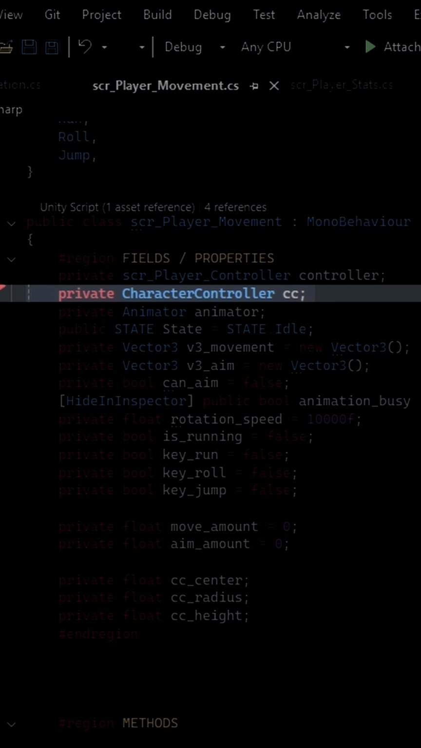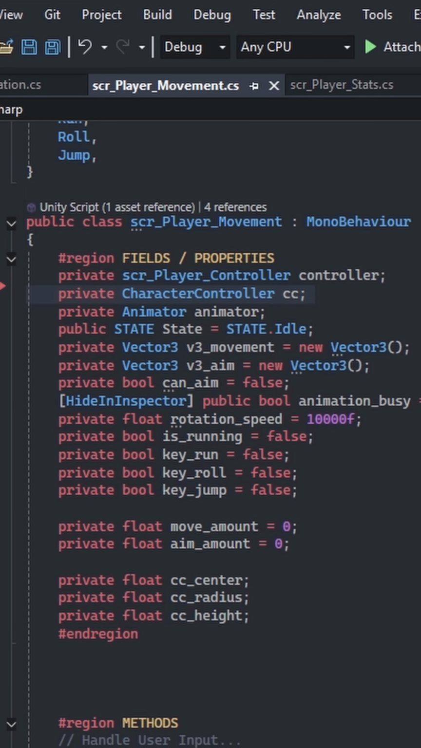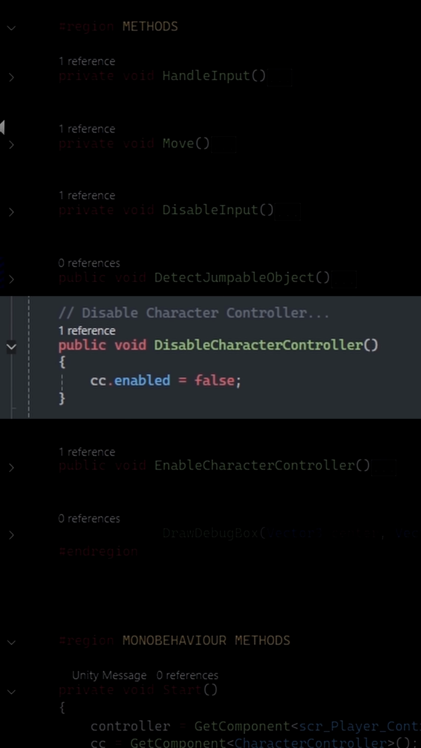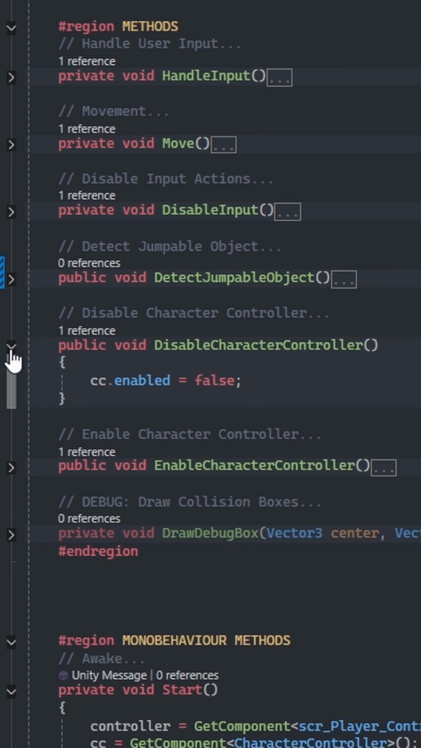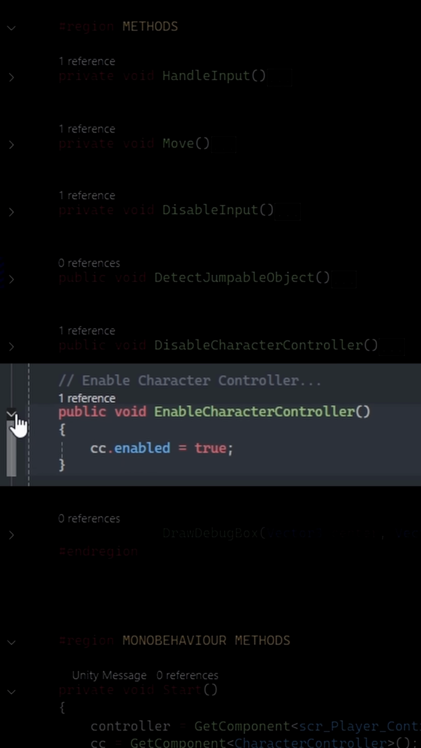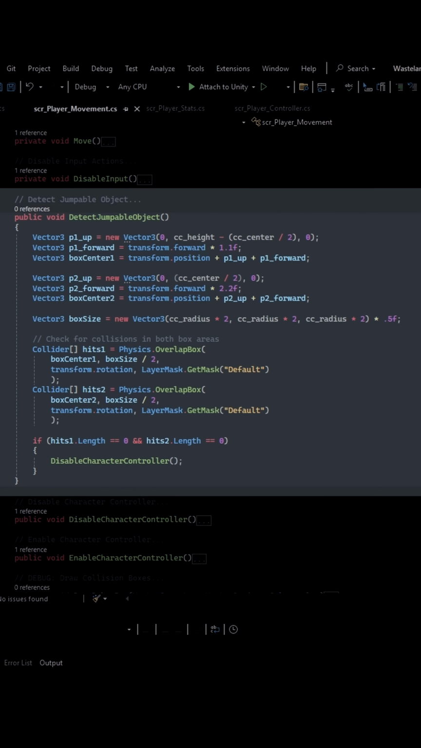With a reference to the character controller, we are also going to need 3 methods for this to work. A method to disable the character controller, which does exactly what it says. A method to enable the character controller, which also does exactly that, and a method to detect if we can